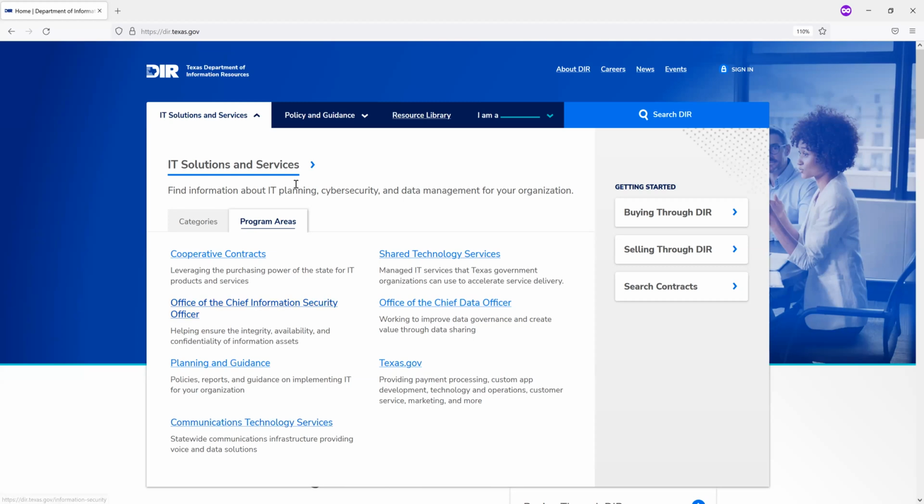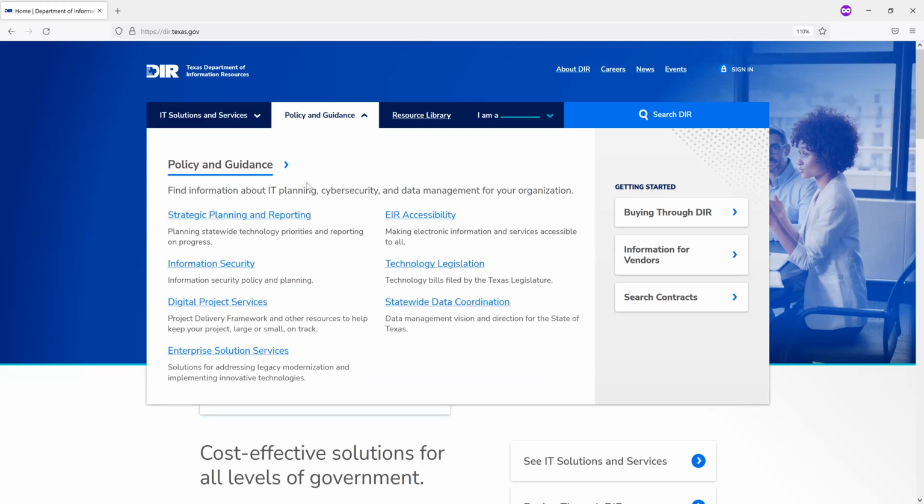The second tab across the mega menu is the policy and guidance. That is, like I said before, a lot of our policy and guidance related to either accessibility, IT security, and things that are available to your agency. This third tab going across is our resource library. It's all the documents and things that are found on the website. If you ever want to go there and look for a specific document, you can click on that tab and use the search function there.